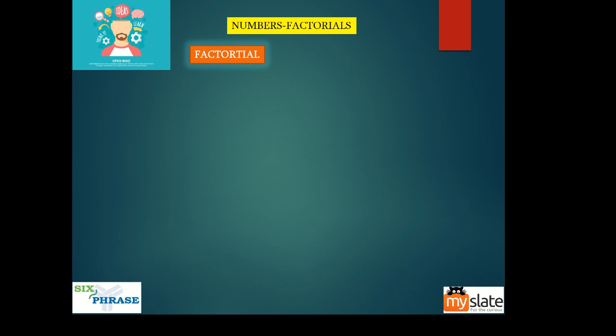So we start with numbers and factorials. I want you to get a basic understanding of what factorial is, because it is not only used in numbers topic. Factorial is a very important concept when it comes to permutations and combinations and other things. And if you are interested in coding, if you will be doing C coding and stuff like that, there you will find factorials useful. So factorials is a very important topic by itself.